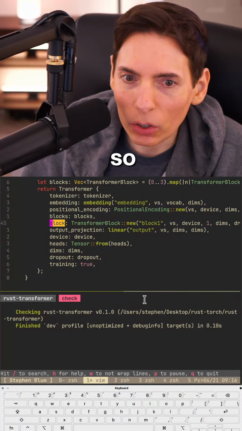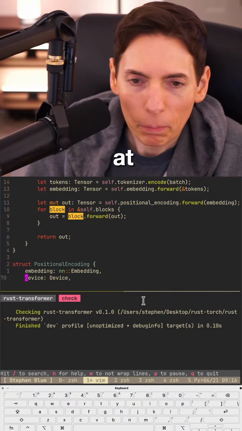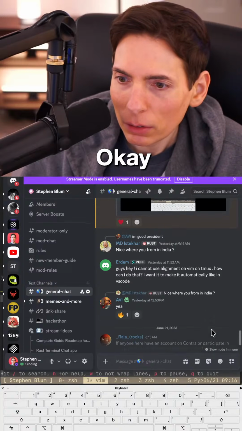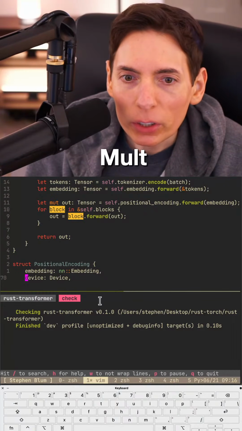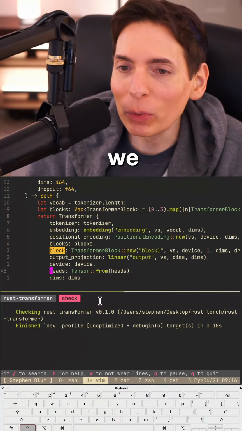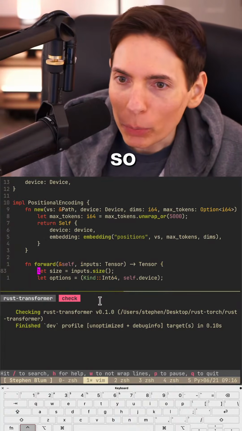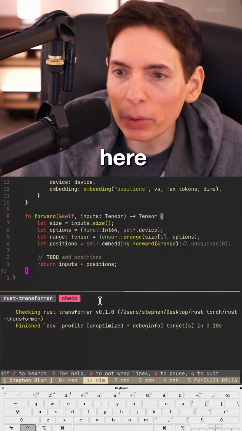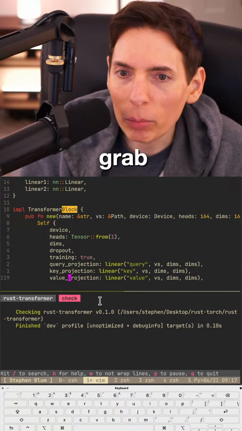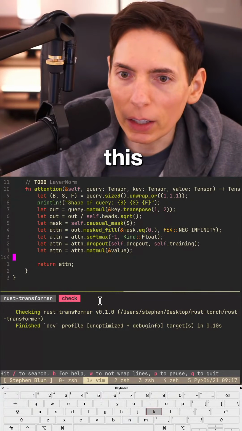Okay. So let me see here. Where are we at? One second here. Okay, all right, looks good. Multi-headed attention, AI keyword alert. Yep, there you go. We did the attention part. Now we've got to do the multi-headed part, right? So we've got to split some tokens up. We've got to split some stuff up here. So where are we at here? Block. We need our block, and we're going to grab our attention, which is a separate function.